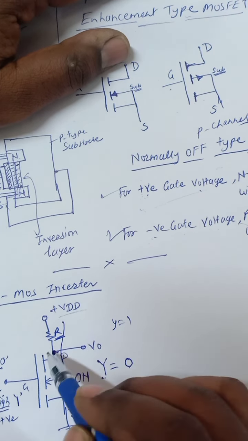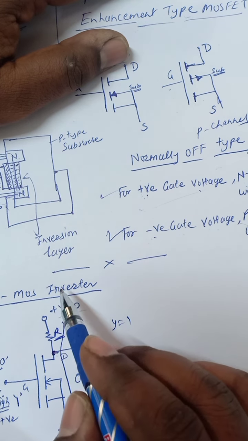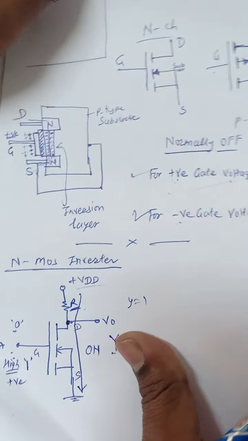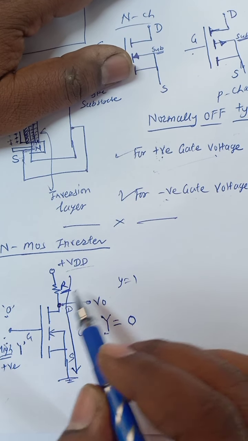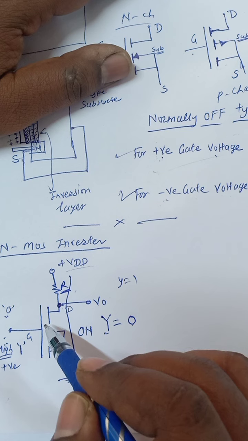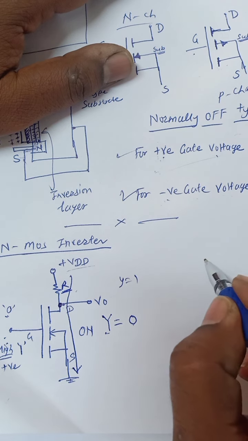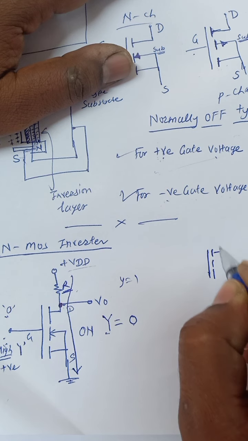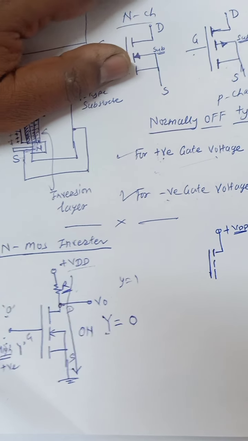But resistors are not easy to manufacture in semiconductor ICs. So that's why we are using active load. Active load means we are using the same kind of transistor which acts like a resistor. So in that case we require another N channel. So see here, the drain is always connected to higher potential, so that's why we name it VDD.